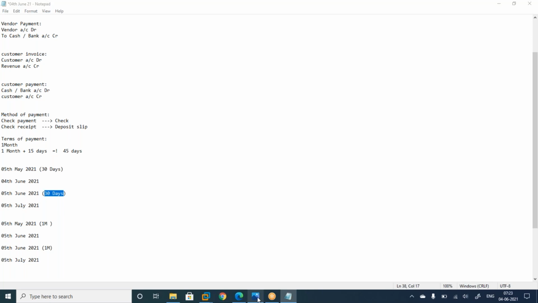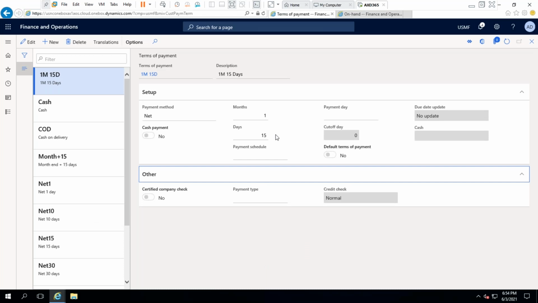That we need to verify. Not sure about that one. So usually, the terms of payment, whatever you are speaking, is it automatically executing or you are doing it? The file has to be sent to the bank earlier. We need to download the report according to the due date, and in case it is an ACH payment, we needed to download the report a couple of days earlier and send it to the bank